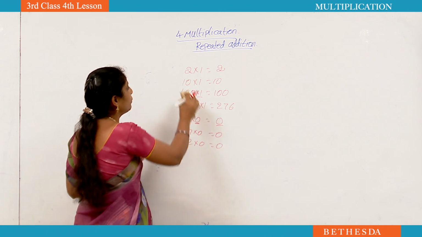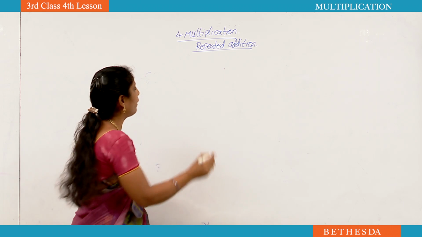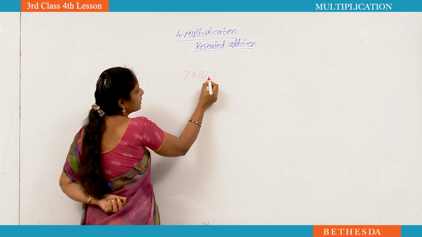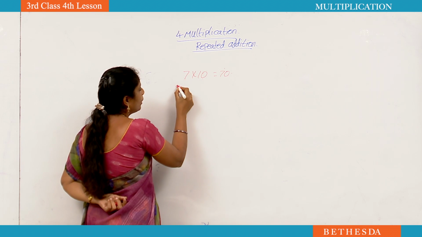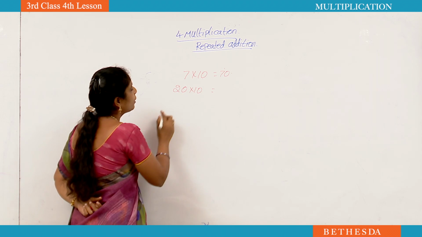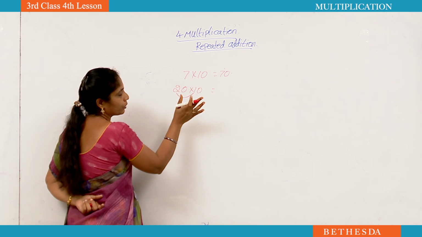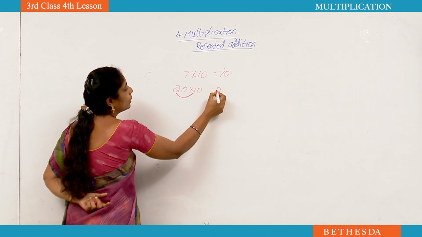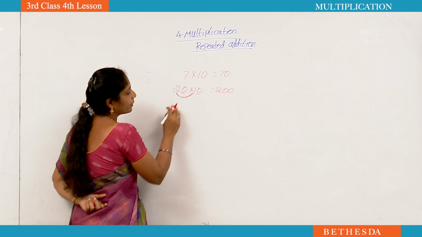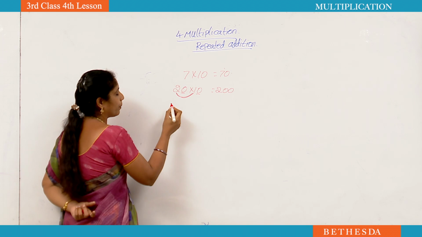And next one, this is the quick tip you have to learn. If you multiply any number with 10, see here, 7 tens are 70, already you know. Okay, 20 tens are how much, do you know? See, easy way I am going to teach. First you have to multiply the numbers, leave the zeros. Now 2 ones are 2. Now how many zeros are there? 1, 2. We left 2 zeros, 2 zeros we have to write. Now 20 tens are 200. This is the quick tip. Learn properly again.